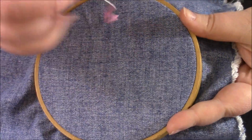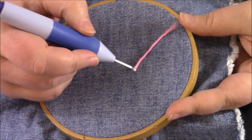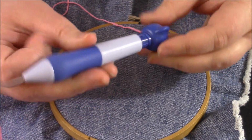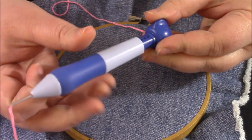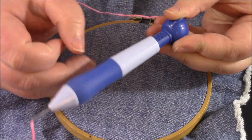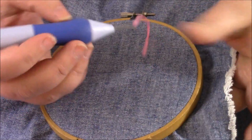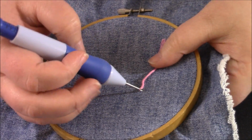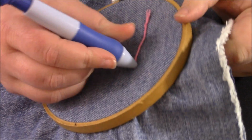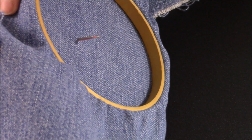But you want to make sure this is very tight, and you might have to tighten it every once in a while as you go. You're going to check your setting here. I don't necessarily need it that long. Let's do a 6. It goes up to 12, so that's about halfway. And I'm just going to hold that tight for the first stitch. I'm going to puncture through, and you always want to go all the way through to the tip, so it's poking through on that side,